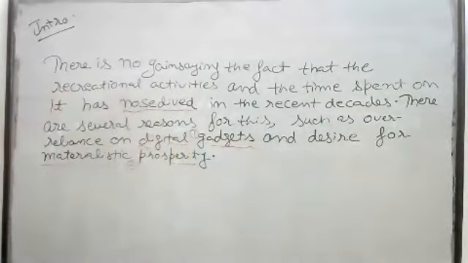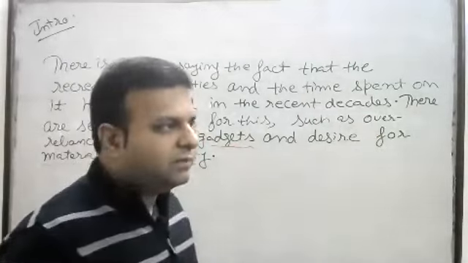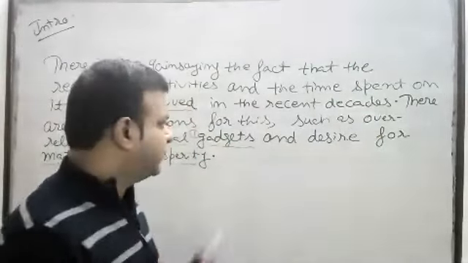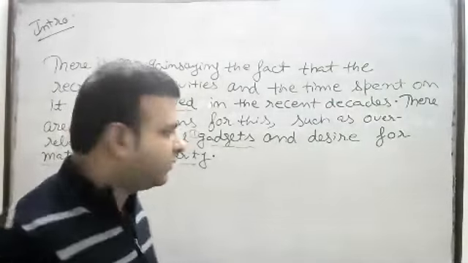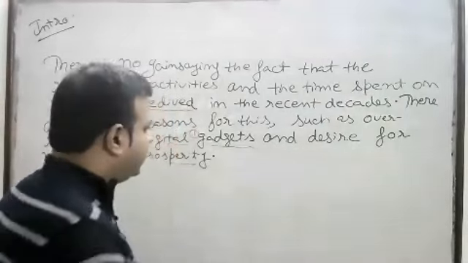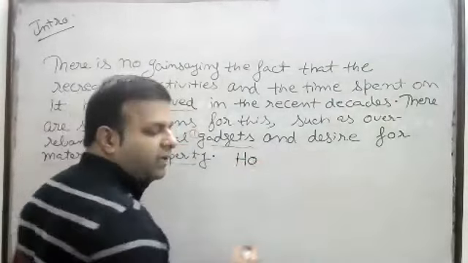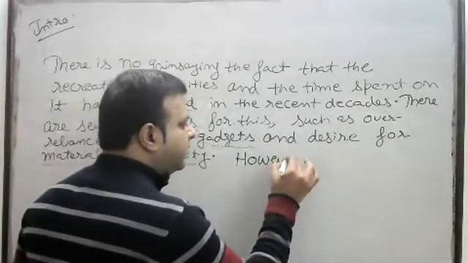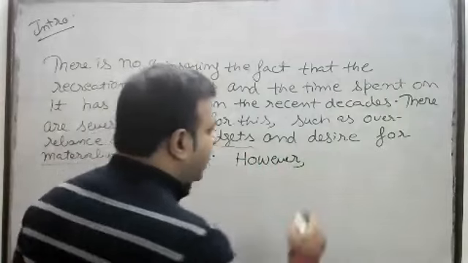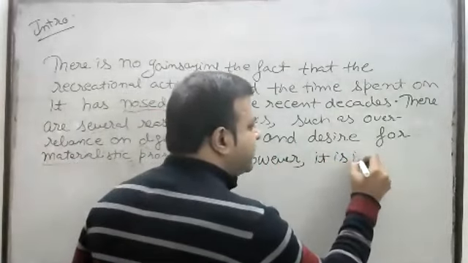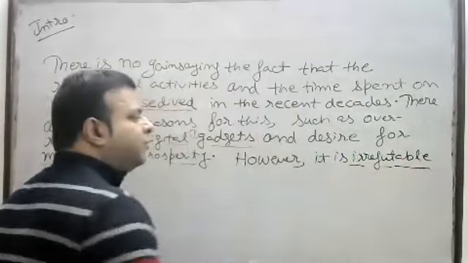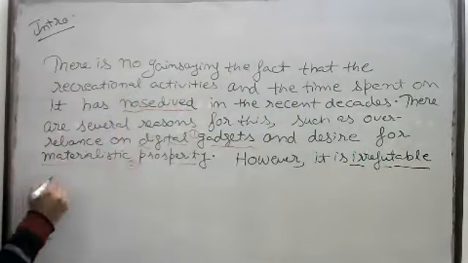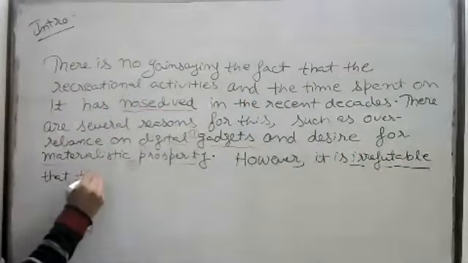But now we need to discuss the effects, obviously, of depending on digital gadgets and materialistic prosperity. So you can't say that it is going to have a good effect, right? It will be worse, adversely. So we can use those words by writing a contradiction linker. However, right? What can we write? However, it is irrefutable, which means nobody can deny. It is irrefutable that this trend